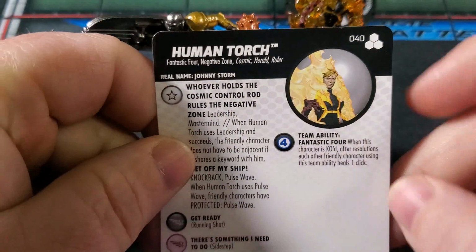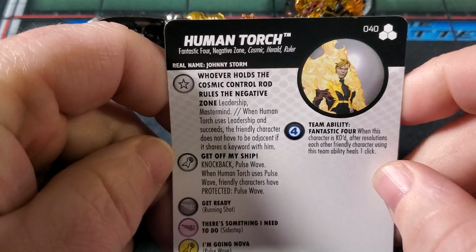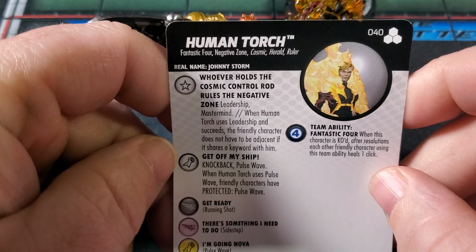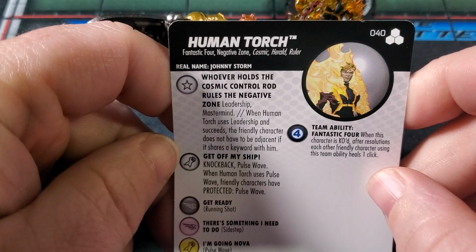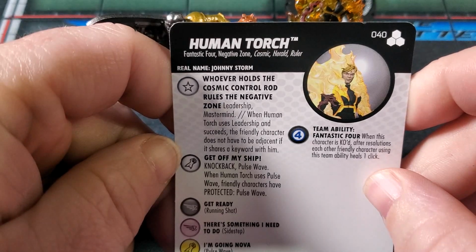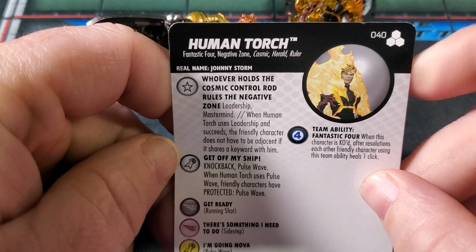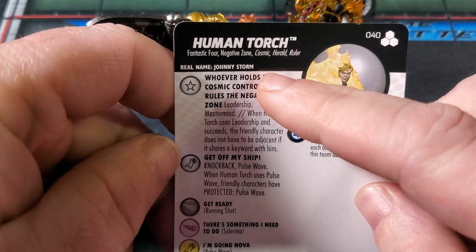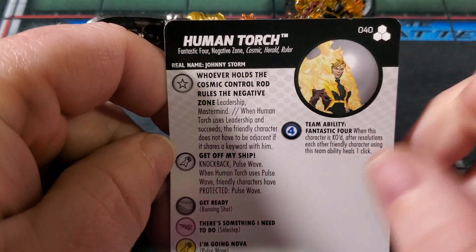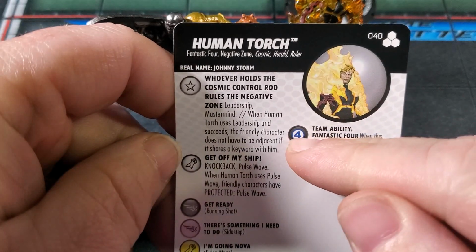And let's go ahead and see why I like him. Fantastic Four, Negative Zone, Cosmic Herald, Ruler keywords. Has a trait and a special on his attack. His trait is Leadership Mastermind. When Human Torch uses leadership and succeeds, the friendly character does not have to be adjacent if it shares a keyword with him. So if he were to get hit for, I don't know, 4 damage, and you wanted to mastermind it to